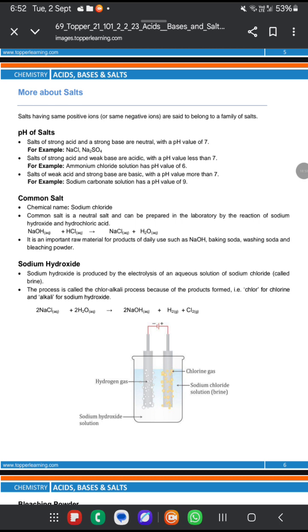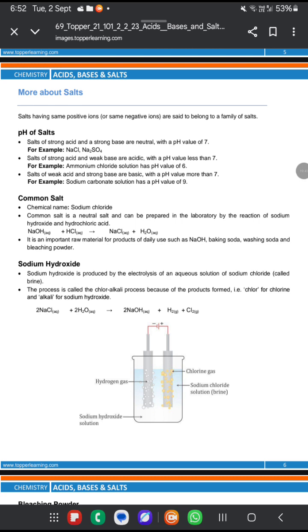The process is called the chlor-alkali process because of the products formed: chlor for chlorine and alkali for sodium hydroxide. 2 moles of NaCl aqueous react with 2 moles of water H2O to give 2 moles of NaOH aqueous plus H2 gas